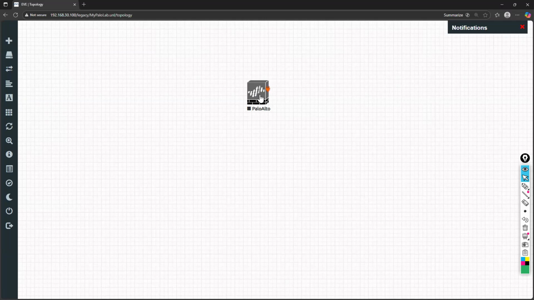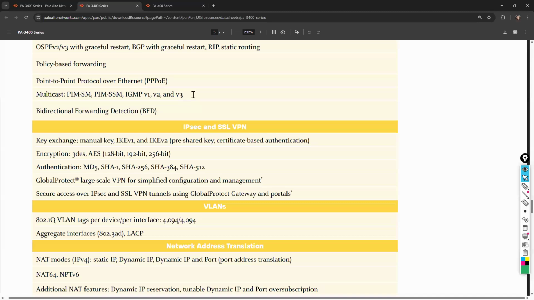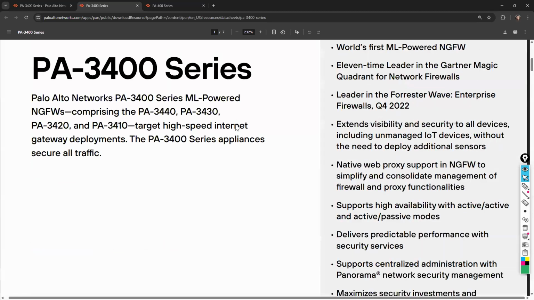Now if I want to access this Palo Alto, how can I access it? That is a very good question. If you are buying a new firewall, for example a hardware, you have to go to its console port. So if I go to one of the very good images,